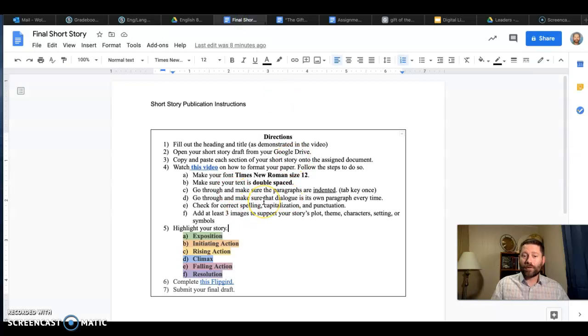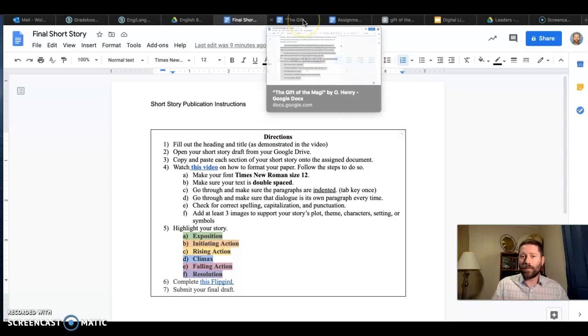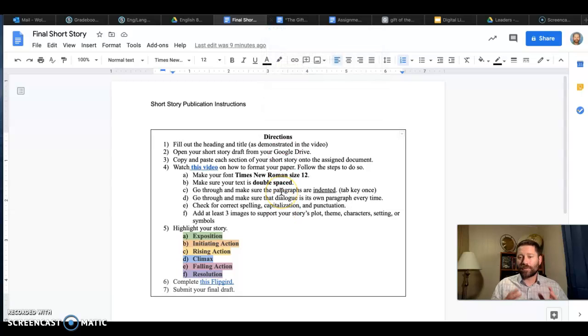Now, check for correct spelling, capitalization, and punctuation. There is a spell check. If you don't have Grammarly, that might be something worth having as an add-on to Google. So I would definitely toss that in. I know I use it. It is helpful, and it captures a couple of different grammatical things that just a standard spell check won't always do. Then, I am asking you also to add at least 3 images to support your story's plot, theme, character,